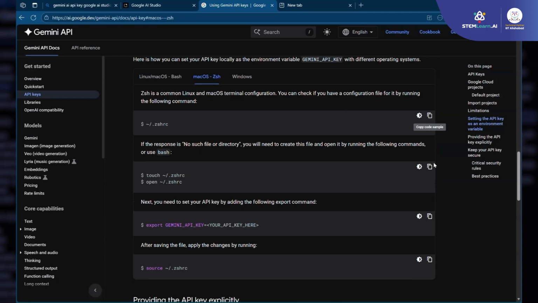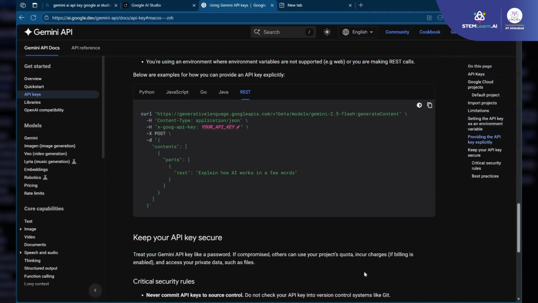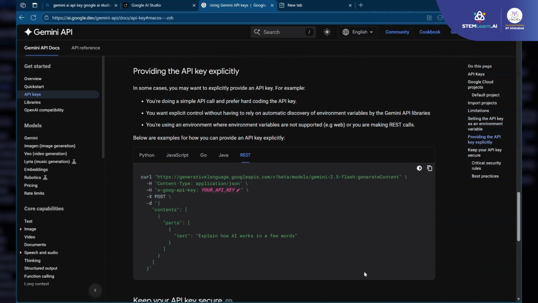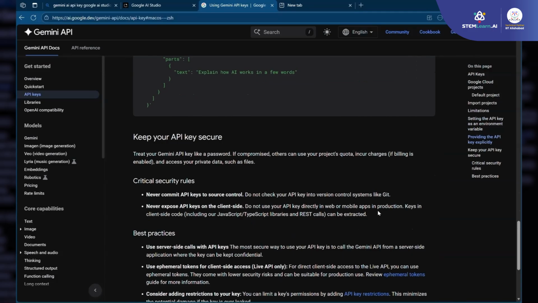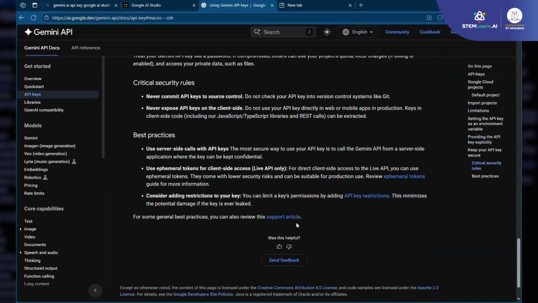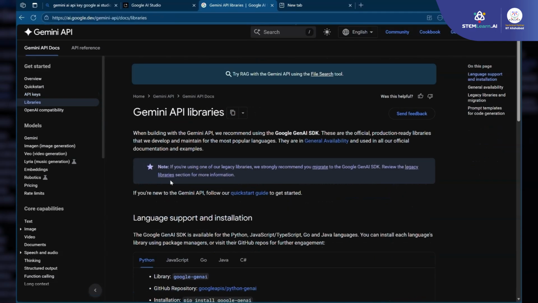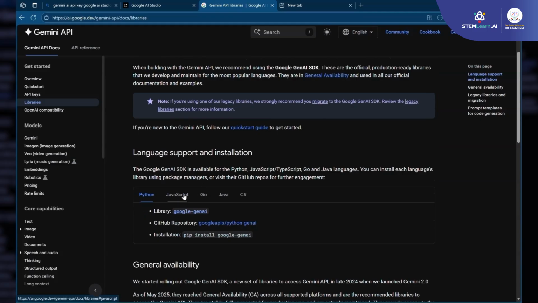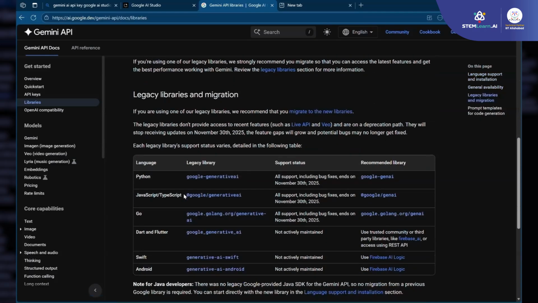Check out the documentation. There's a bunch of things for Mac OS and Windows. This is how you use it. You can set it on the system as environment variables for the API key to use anywhere, but I don't think you should set it. Just use the API key in a singular place for one thing, since you may hit